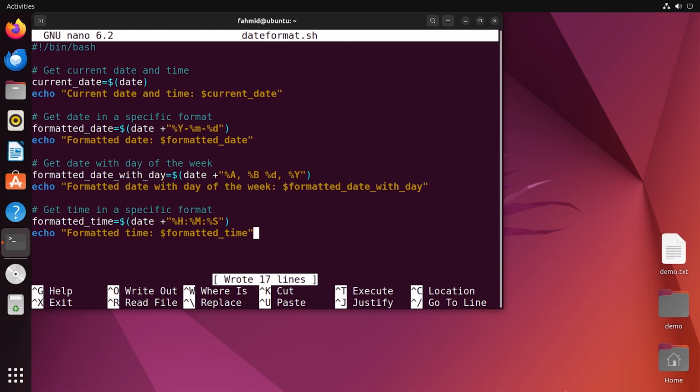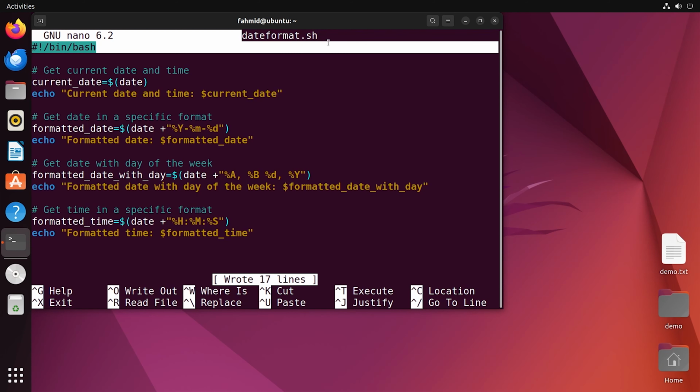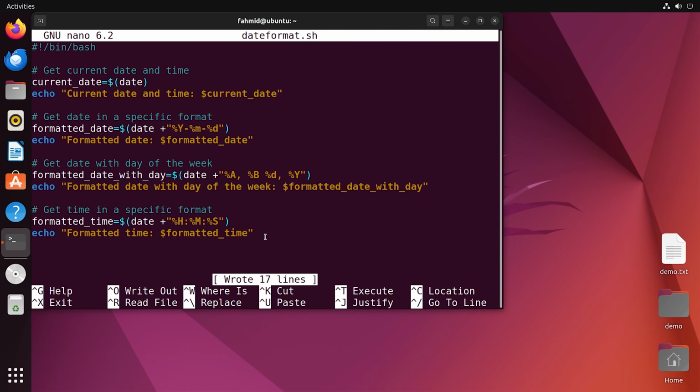Now I will show you the second example where I will use the date command with various format specifiers. These are some of the common format specifiers which are used widely with the date command. I have named my script dateFormat.sh and I have written the script already. I have started with the shebang line, and in the first section I have defined a current date variable with command substitution with the date command. This will store the current date or today's date in this variable,